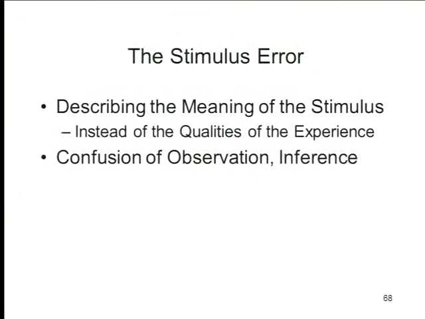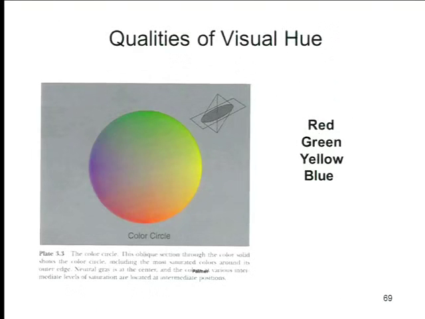Here is an example of that. Forget the stimulus error. Here's the color circle, lots of different colors. And it turns out that when you look at any portion of the color circle and you're asked to analyze what you see, you basically see some combination of four primary colors: red, yellow, green, and blue. Any color that you see in paint chips in the paint store or clothing in a clothing store can be analyzed into some mix of red, green,